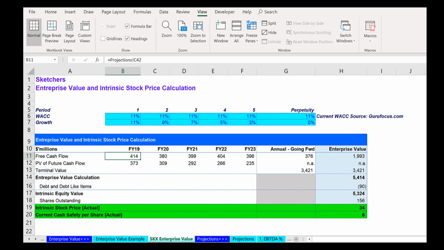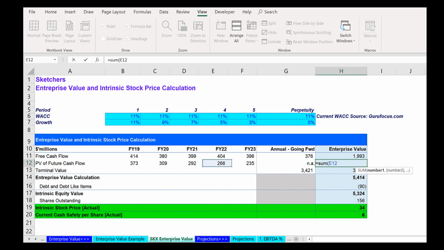One other thing I wanted to mention is that in addition to the actual cash flow, we show the present value as well for the first 5 years. In this case, we didn't use the present value of future cash flow in this calculation, but you can easily change it, right? So instead of using the actuals, which is what we use in the enterprise value example, without looking at the discount, you can do the same here at 11%. So just for sake of changing this,